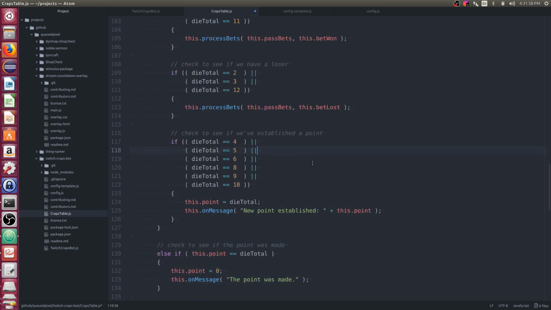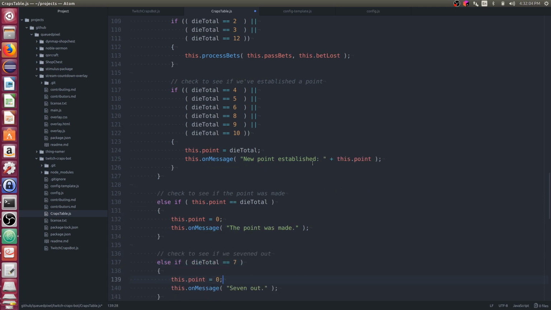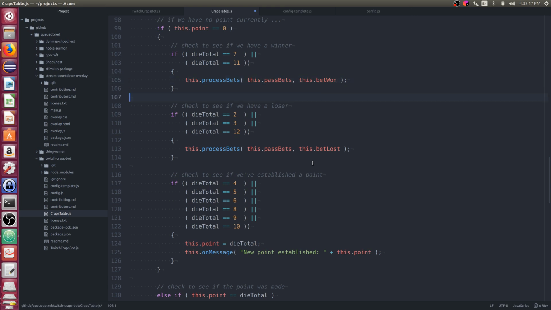Check to see if we have established a point. If we do, we don't have any immediate winners or losers. We check to see if the point was made. If the point is made, we do have a winner, so let's go process that. Let's grab the bet won line here.